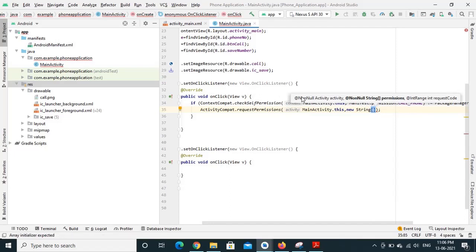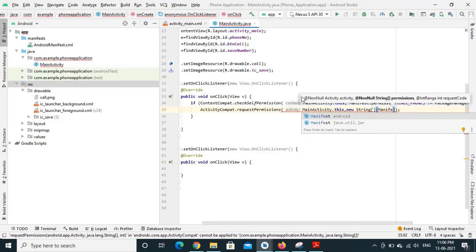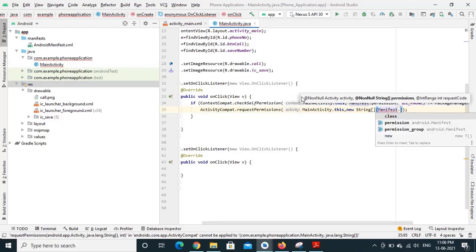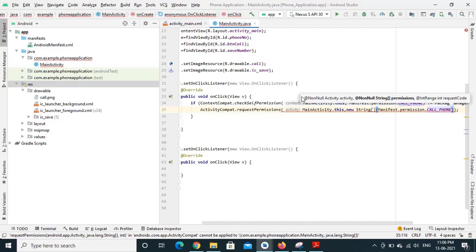Inside this we pass the permission we need to request, that is the same permission, Manifest dot permission dot CALL_PHONE.